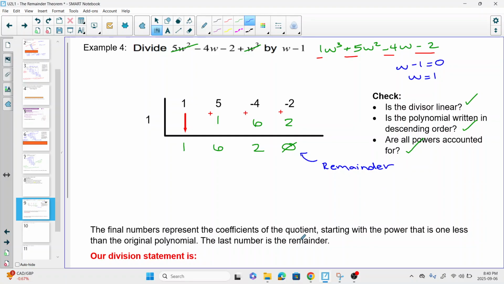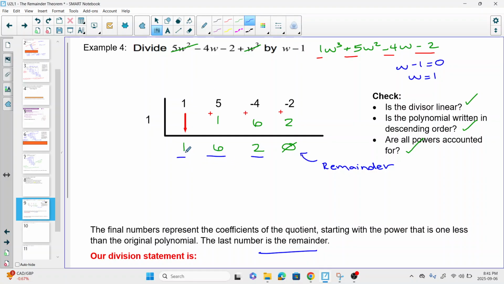I think I have this written down below. Yeah, the last number is the remainder. And these numbers are the coefficients of the quotient. So if we had w cubed plus 5w squared minus 4w minus 2 divided by w minus 1, the answer